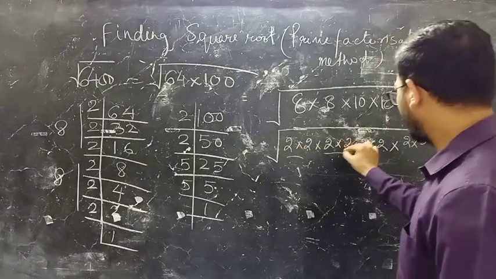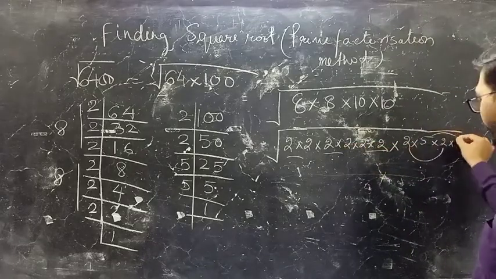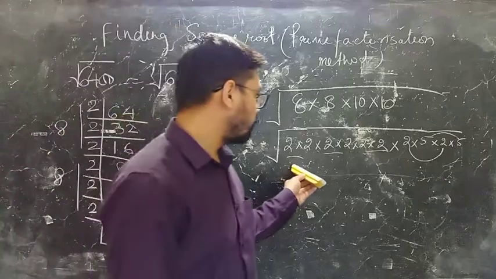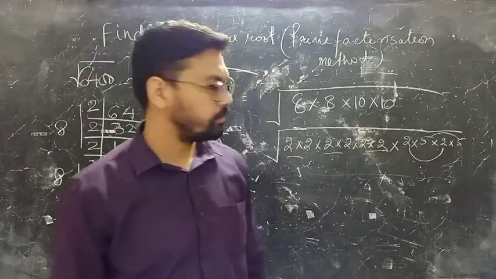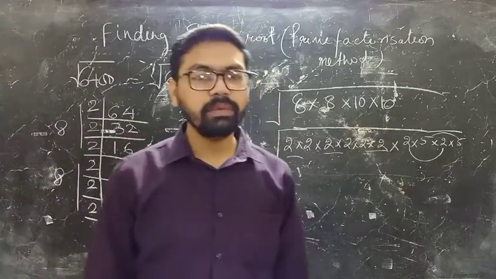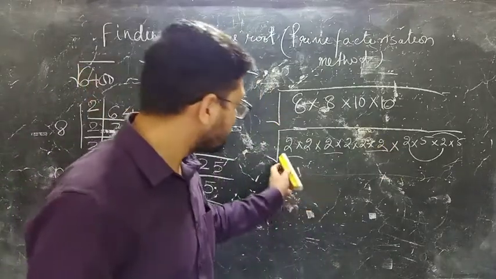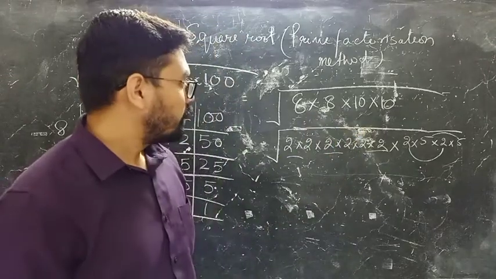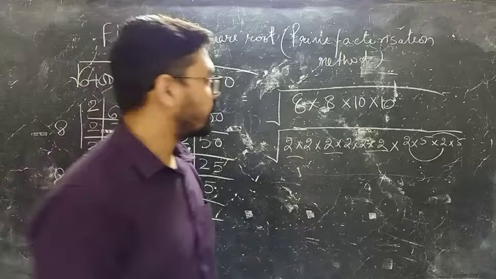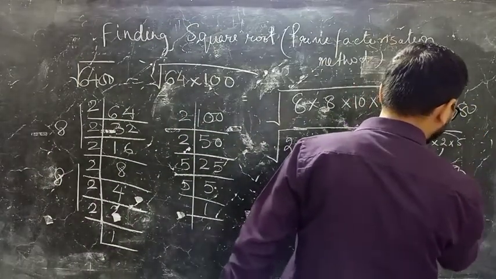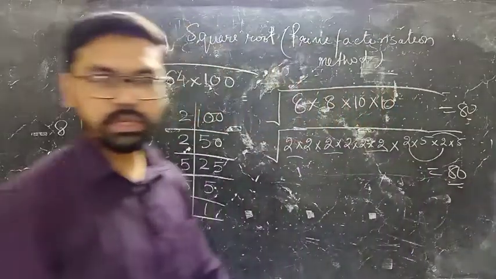So 1, 2, 3, 4 and 5. So total 5 pairs are there, where 4 pairs are of 2 and there is only 1 pair of 5. So क्योंकि बेटा 8 and 10 आपका प्राइम नंबर नहीं है, that's why आपने इसको इस तरीके से ब्रेक किया, इसको ऐसा नहीं लिख सकते इस केस में, ठीक है? हालांकि दोनों से आंसर आपको सेम ही आएगा, इससे भी आपको 80 ही आंसर मिलेगा, even this will give you 80. I hope this thing is clear to all.